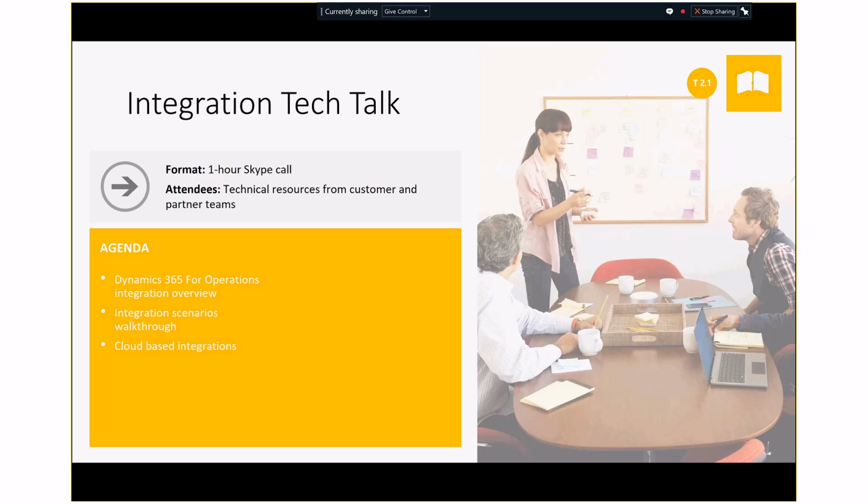So today we have a good set of topics that we would be covering. Roughly, we would describe the integration framework that is available in AX, the components that are behind it. We'll also consider and go through some customer real-life scenarios and also show demos for those scenarios, and also the considerations based on which we selected the framework that we chose to achieve an integration scenario. And also towards the end, we'll also discuss integrating between applications that are all on the cloud. All right, so with that,